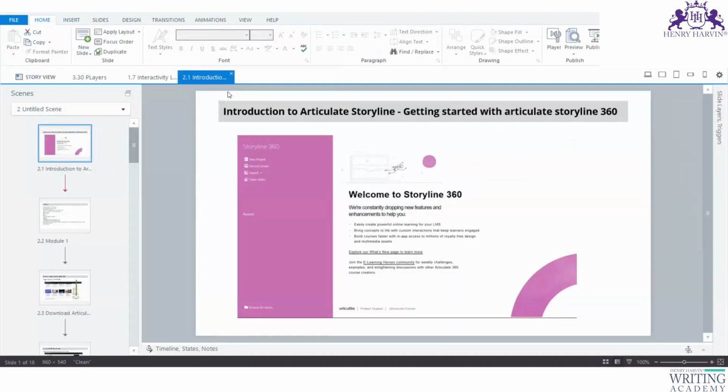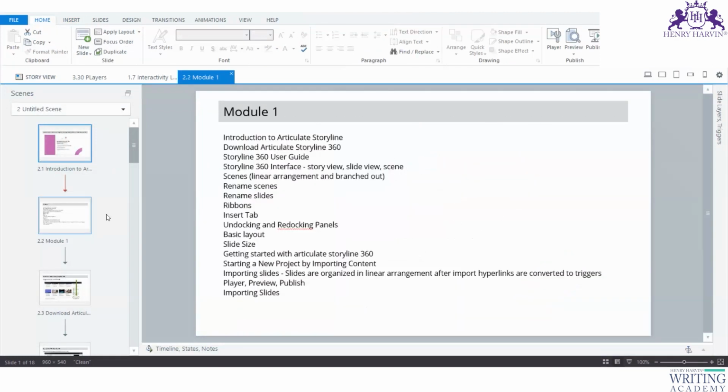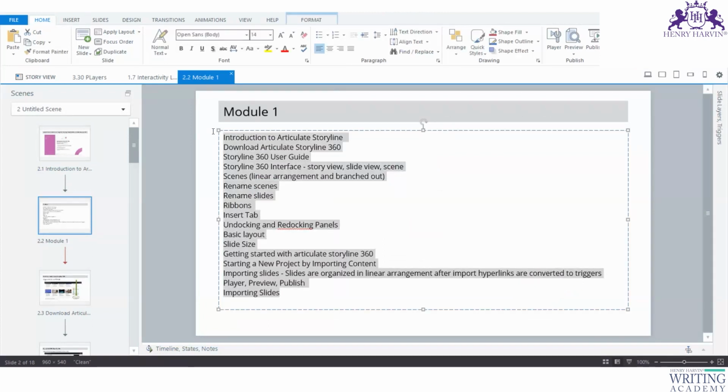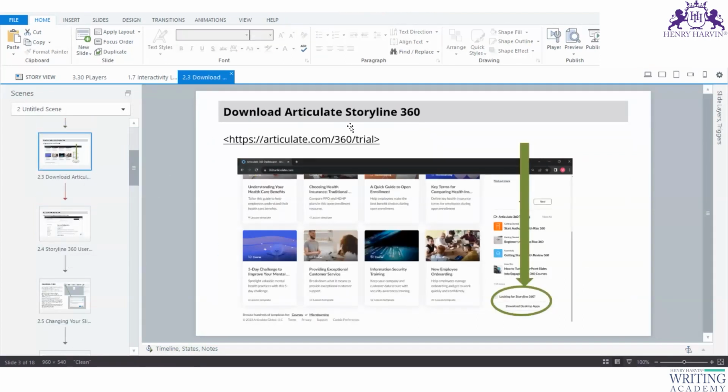Now, when you open your Storyline, this will be the interface which will appear. This is what we will be doing in our first module to begin with, right? So this is what I asked you to do, download that trial version. I have a trial version of Articulate 360, while I have a